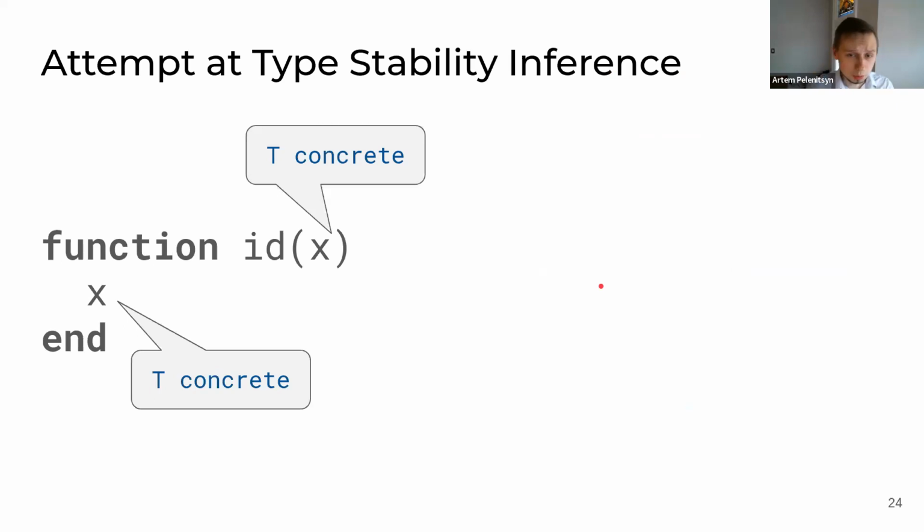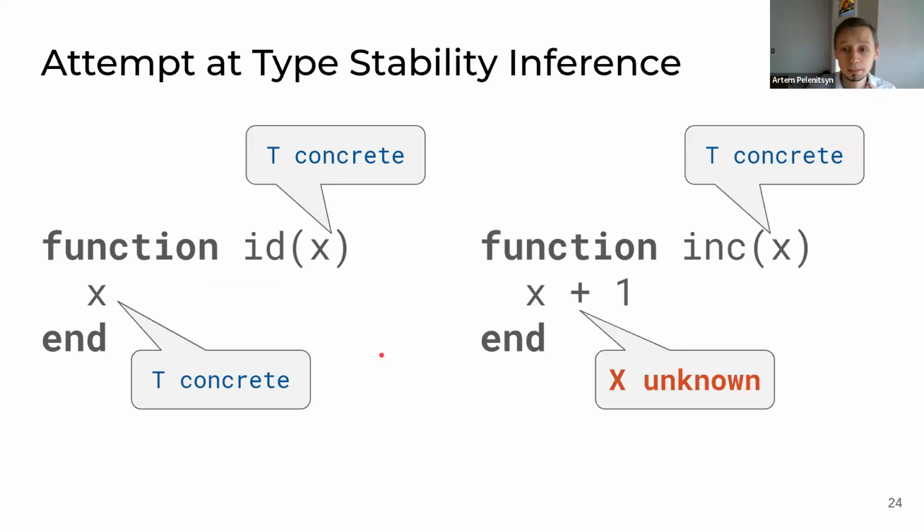So how do we go about figuring out type stability without resorting to the low-level representation? We first try to identify the concreteness of the output based on the information that the input is concrete. In some radically simple cases, it can work, because the concreteness bit can be carried over. But in a mildly more interesting case,